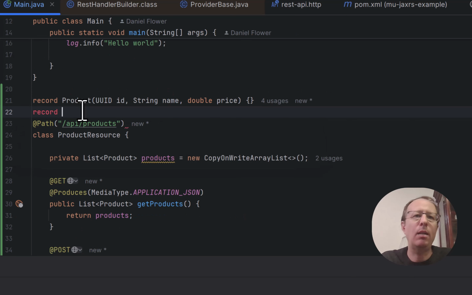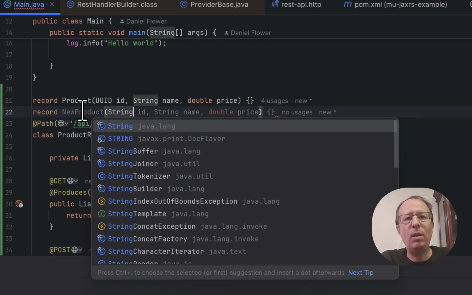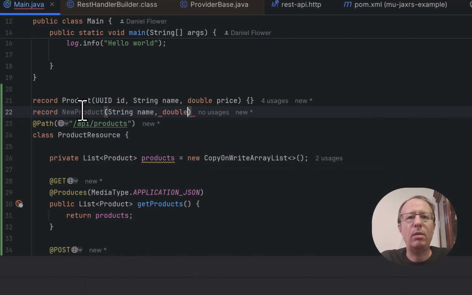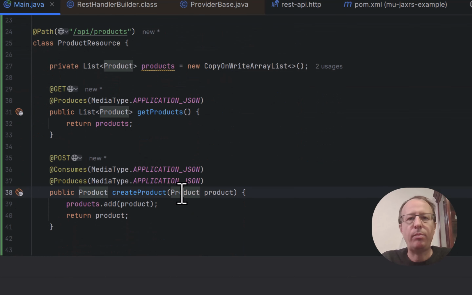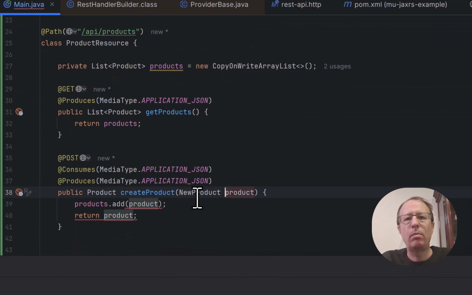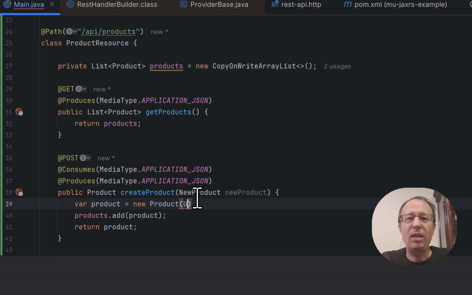So we can create a second record which only has the information the client is allowed to specify, which is the name and price. We can then pass that in there, and we can create the product ourselves. So here's the ID.